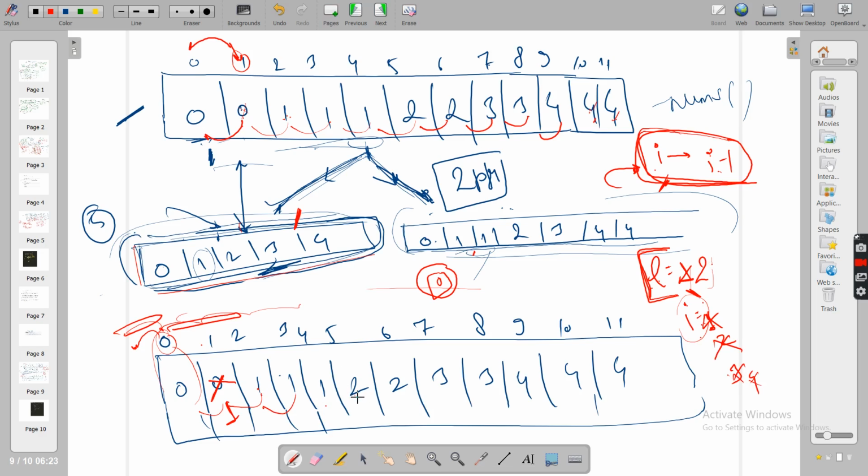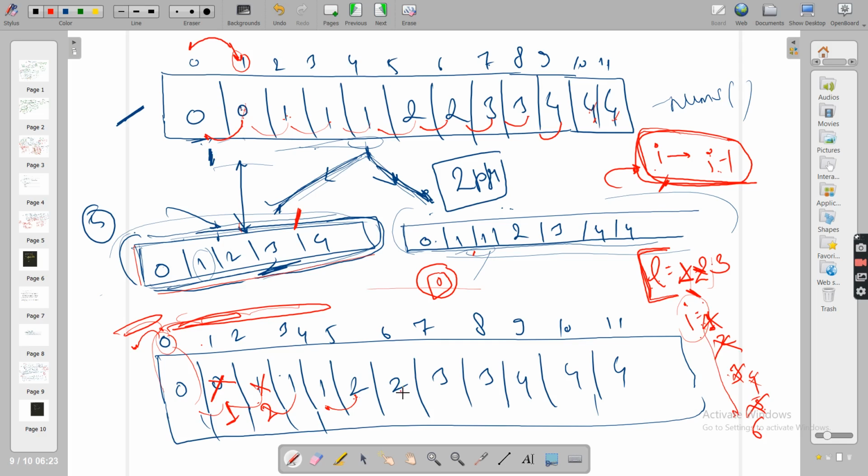Now see, 5 is 2 and its previous is 1. So till now, this 2 is unique. This 2 will go at the L index, which is index number 2. So put 2 here. Increase this L by 1, which means 2 plus 1, which is index 3. And as I was 5, you will increase it to 6, because I constantly increases. It is used just for loop iteration, one after another.